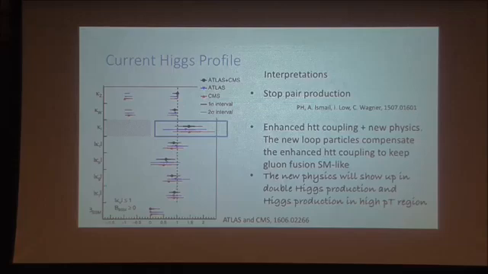So to conclude here. I showed you an excess in ttbar Higgs channel. I don't even know if that excess is still there, but still I provide you two interpretations. The first one is the top coupling is standard model like, and the excess is actually from stop pair production. And then in the second one, because I don't want it to be excluded so soon, I say we indeed have an enhanced ttbar Higgs coupling, but we have new physics to make the gluon fusion standard model like. And this new physics will likely show up in double Higgs